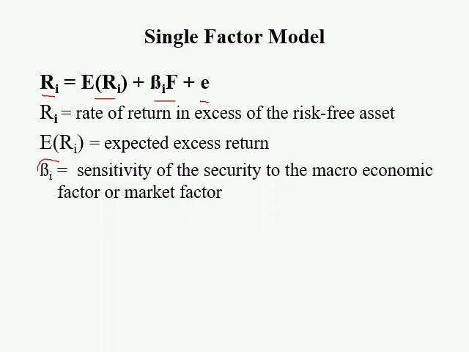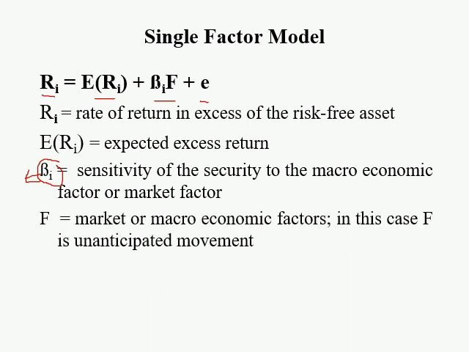Beta i is the sensitivity of the security to the macroeconomic factor or market factor. And here beta i will be the coefficient of beta, that is the coefficient of systematic risk. Beta coefficient will be the measure of the systematic risk for this security. F, that is the main factor, here is the market or